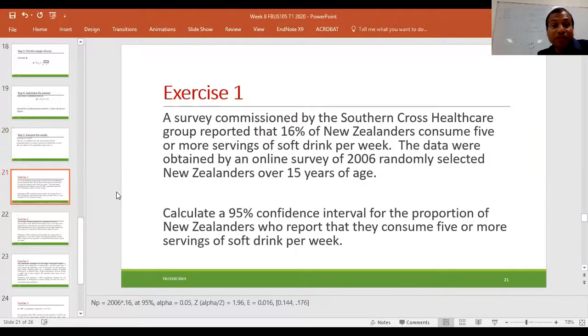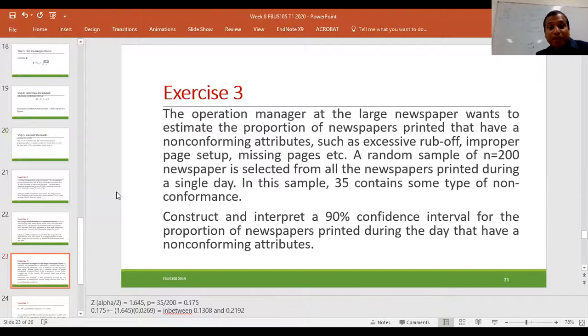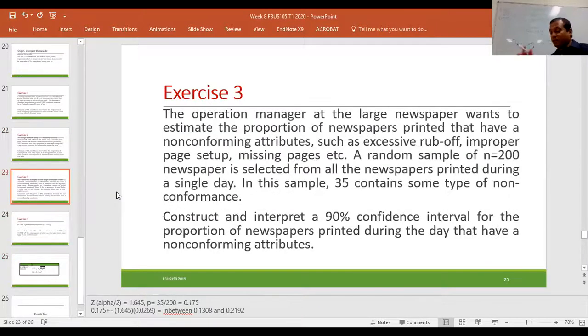Thank you so much. Okay, for today we have the last question, exercise number 3. And we will do the same thing. From now onwards, we will do the confidence interval. In the next class, we will do the confidence interval estimate for the mean. And then we will move to hypothesis testing, a higher level of inferential statistics. Just explore exercise number 3 now.